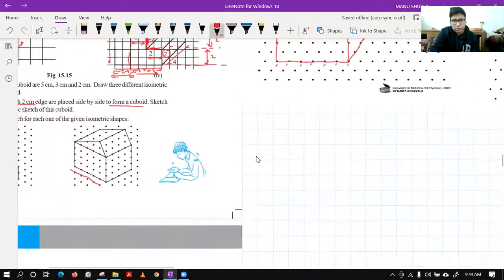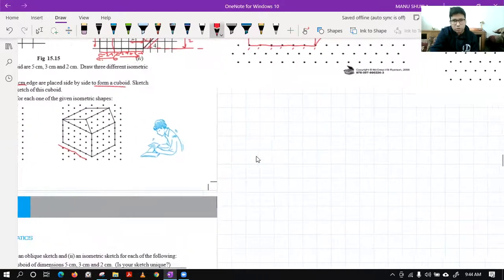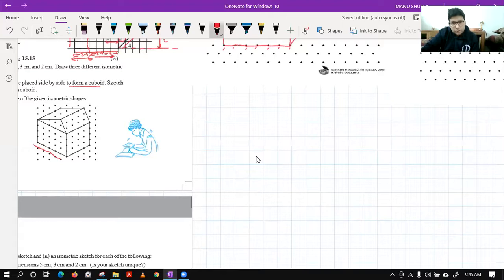Let me make it short. So we have this thing like 1, 2, 3, 4, 5, 6. A little bit longer in this thing. And this is 4. So like this 1, 3, 4.